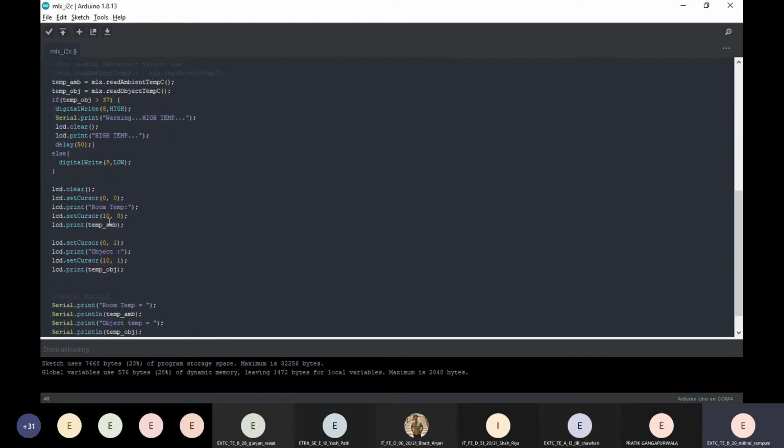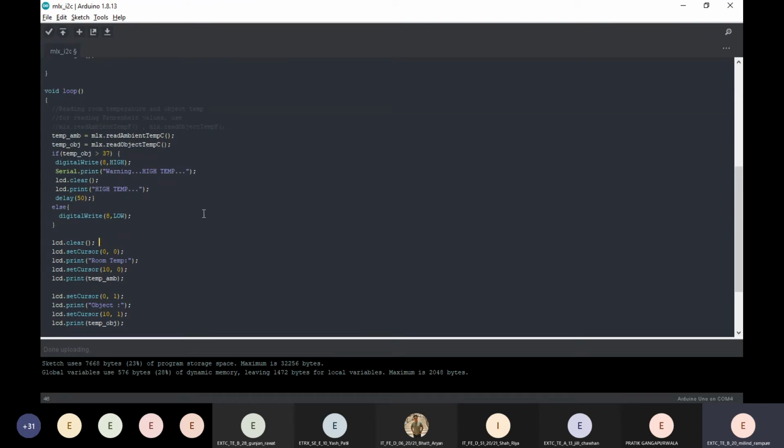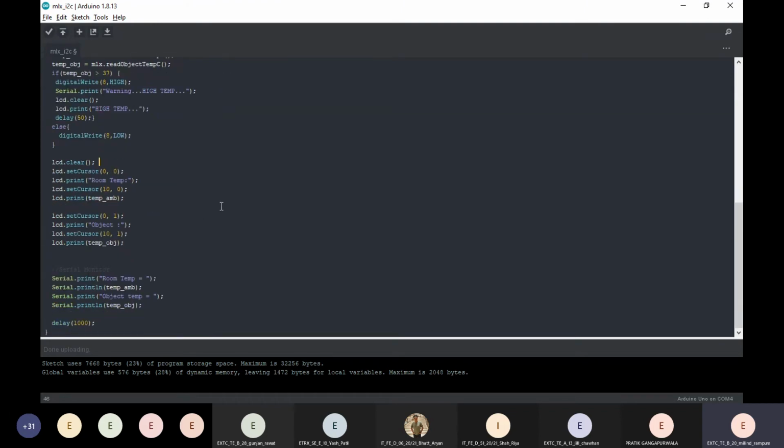So what if I need to display the current temperature as well? Now here's the thing. I clear the screen, set the cursor to 0,0 and print room temperature, and I pass this ambient temperature right here.